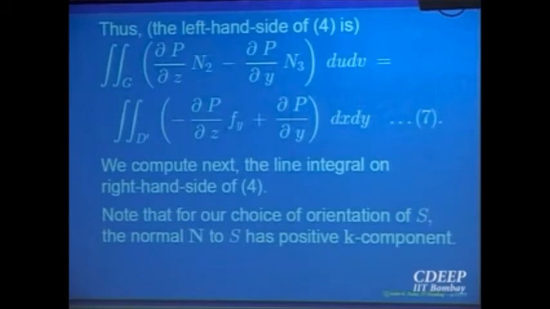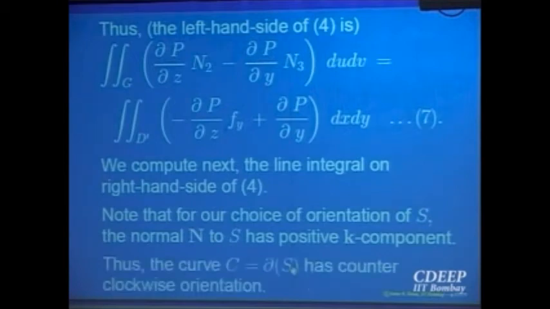And what is the curve? That is the boundary of the surface, right? So the idea is to get a parameterization for the boundary of the surface. Look at its projection. Projection is D prime, the region in the xy plane. Look at its boundary, give that orientation, lift it up, and compute the line integral with respect to that. That is the only idea involved in this. So let us do that.